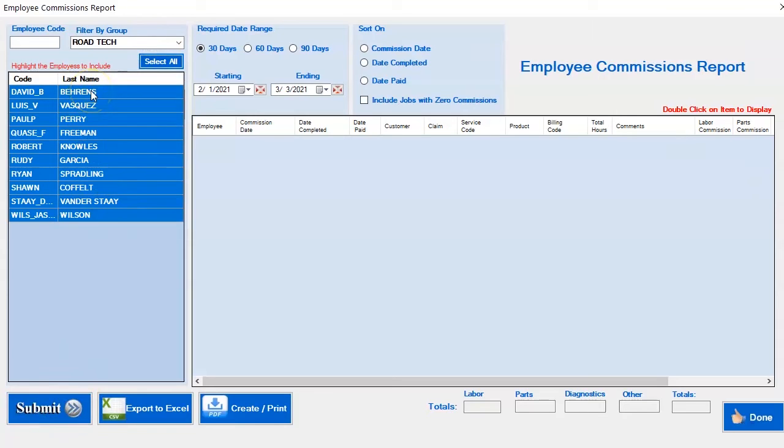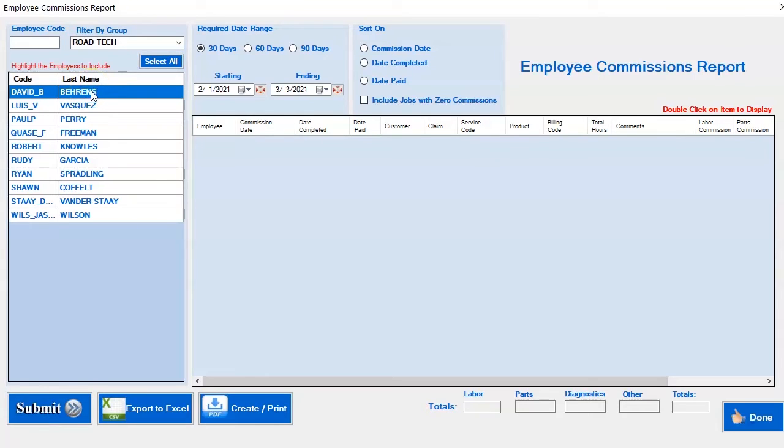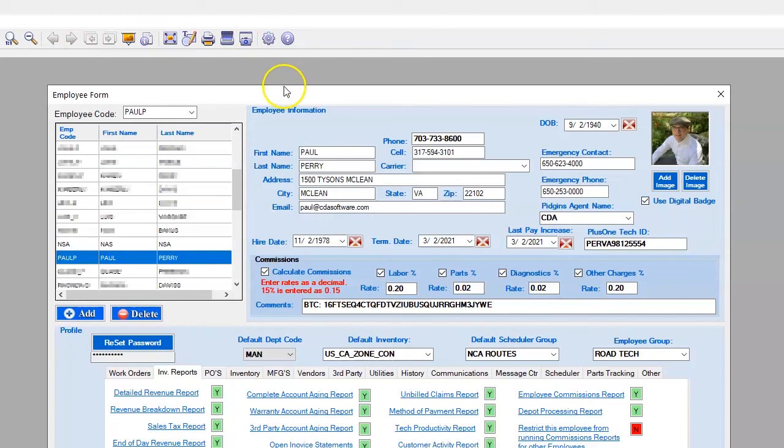What I'm going to do though is have just one technician selected, and then I want to show you how you can get to this filter where the employees are given a group that they're associated with. So we're just going to show you that. And here's an area that we're all familiar with. This is the Edit Employee Setup. So if you go to Utilities, Employees, Edit Employee Table, you come here, and then right over here it says